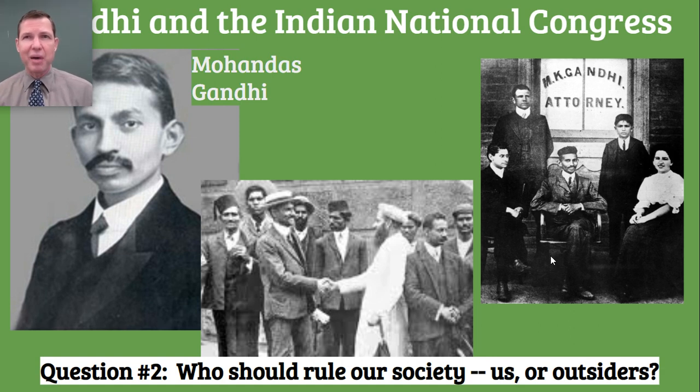So you've got to think back, but remember that South Africa was a country that, although part of the British Empire, was governed by the descendants of the original European inhabitants or the original European colonizers of South Africa, who were Dutch, called Afrikaners or Boers. So the Dutch were the first Europeans to settle in South Africa. The British then took over South Africa. But after almost a century of struggle, the British had agreed to allow the Dutch, who called themselves Afrikaners, to do most of the governing there.